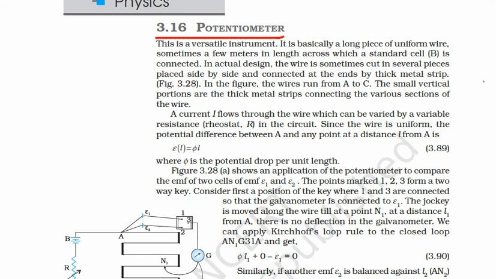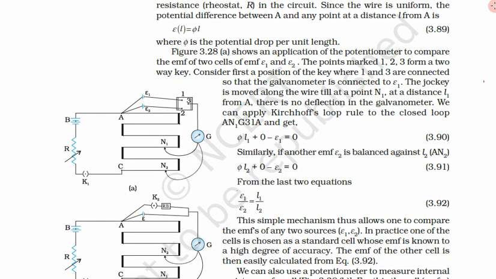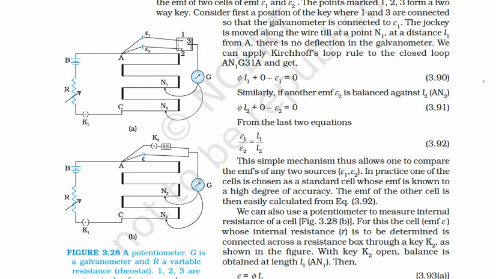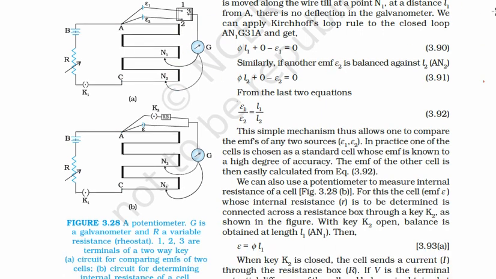Potentiometer is very similar to meter bridge, but some things are different. So here it is shown the construction of a potentiometer. Let us first see what is a potentiometer. Here you can see a potentiometer, G is a galvanometer. There are two figures shown for a potentiometer, figure 1 and figure 2. A galvanometer is connected to this potentiometer, and R is a variable resistance, a rheostat. So this R is a variable resistance connected to this potentiometer.